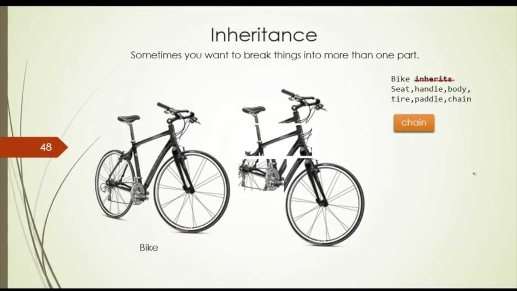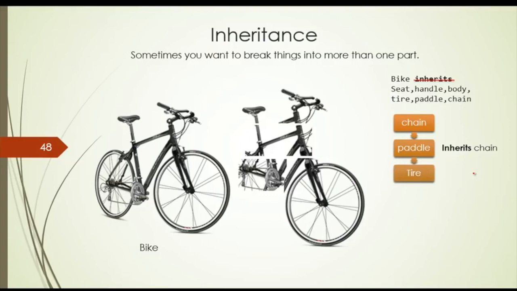The way you can follow, if you really want to go with the class approach, is that you make a class of chain. Then you make a class of pedal which inherits from the chain, which is not very logical. If you really think about it, these should be separated. But for the sake of the exercise, we're just assuming that's how it's done.